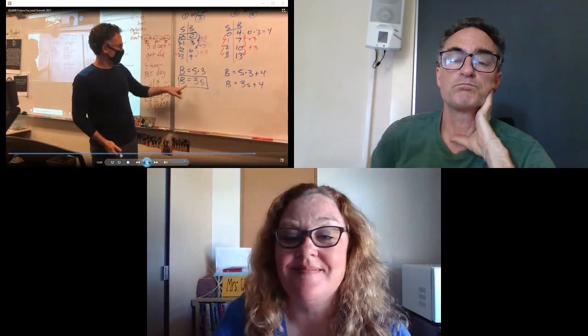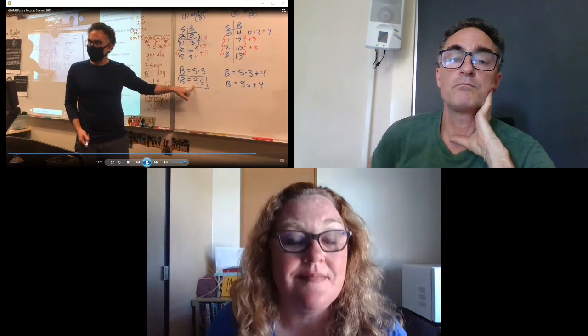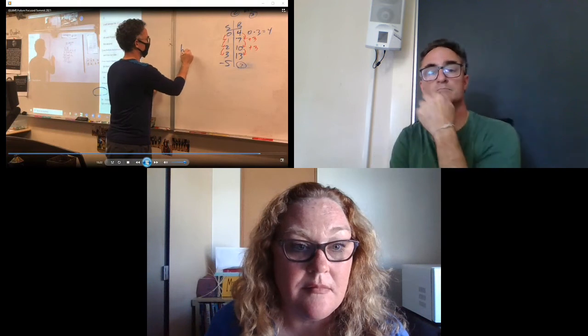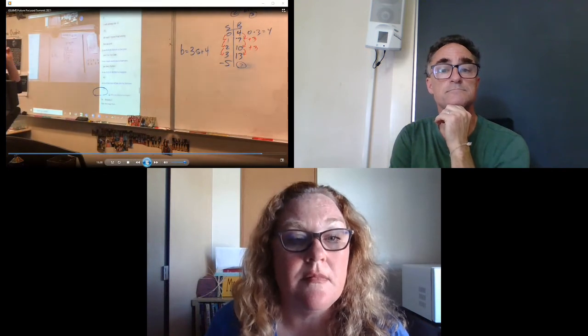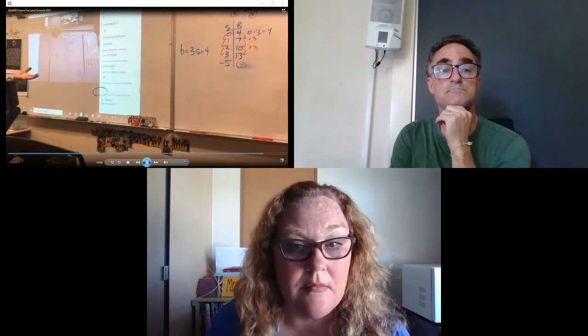Good. And I just want to point out that all proportional equations look like this. The brother is equal to some multiplier times the sister. Could be 3, could be -5, could be anything. As soon as we get away from that, we are no longer proportional. The equation was brother equals 3s plus 4, that's what we were using. So I want to know, when the sister counts to -5, apparently she's counting backwards, which is fine,